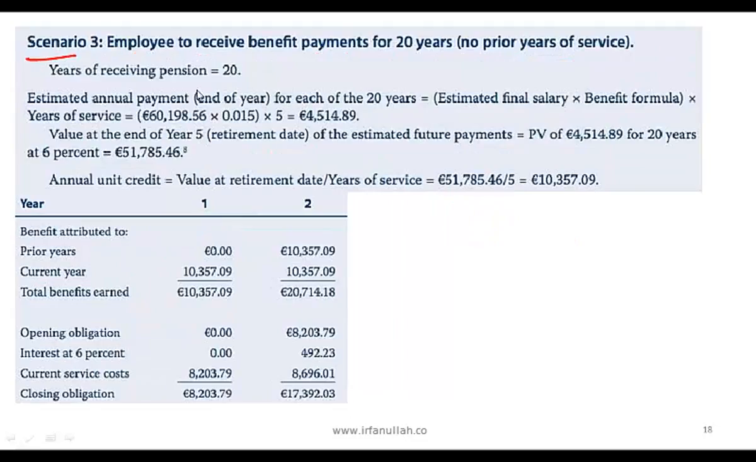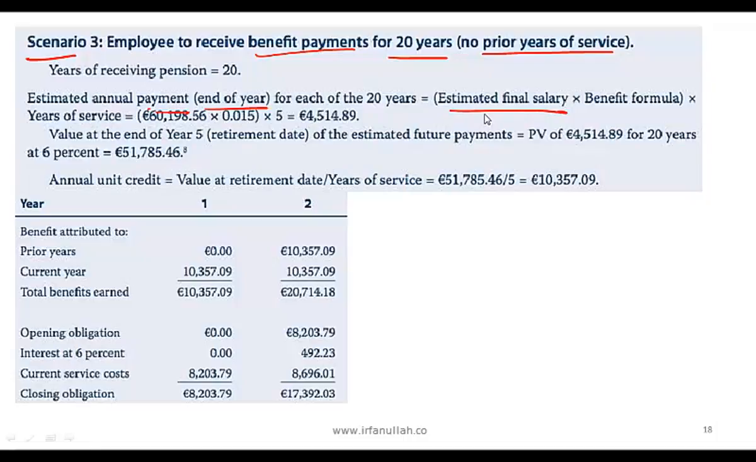Moving on to scenario 3, the employee is to receive a benefit payment for 20 years, with no prior years of service. Essentially, the company is saying that on retirement, you will keep getting a pension for 20 years. The simplistic assumption being made here is that the employee will live for 20 years. Obviously, in the real world, there'll have to be some mortality-related assumptions, but here we are saying the employee will live. The estimated annual payment, which will be made at the end of every year, is going to be